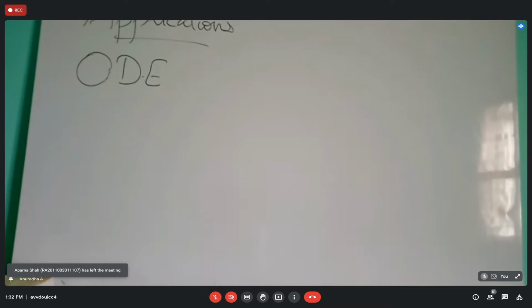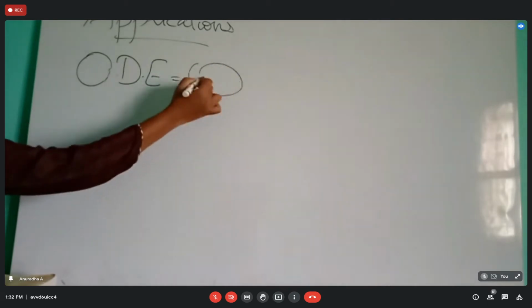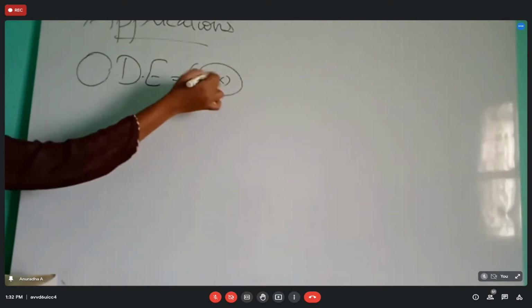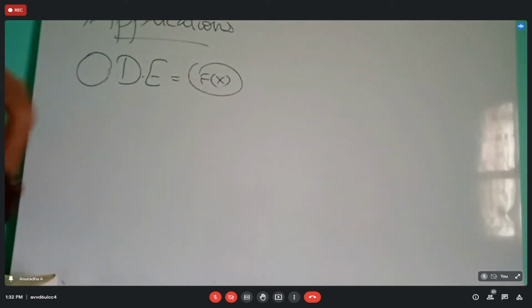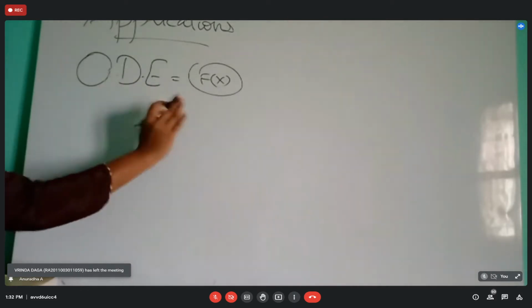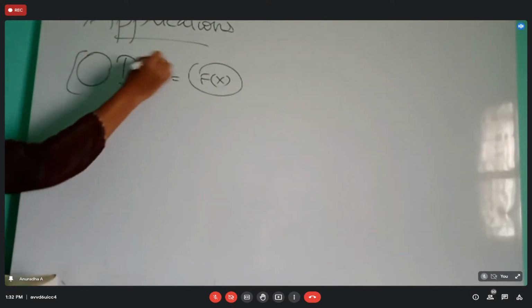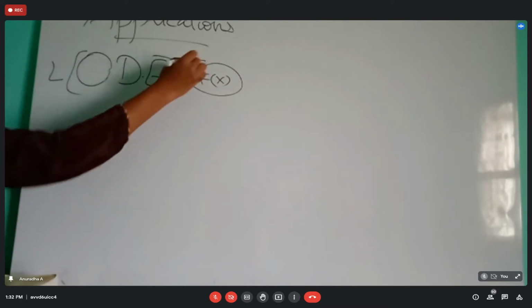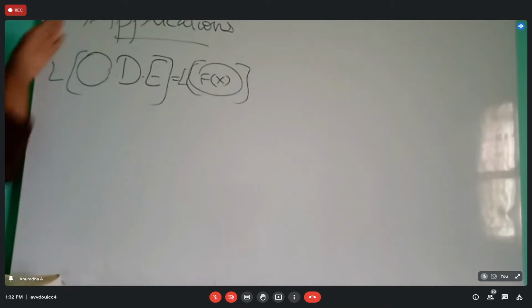Now what we are going to do is apply Laplace transform to the given equation, whatever the f of x function is. Now there is no condition that f of x must be e power x or sin ax cos ax, and no different formulas. We take a general ODE. First we apply Laplace transform on both sides. That is what we are going to do to solve.